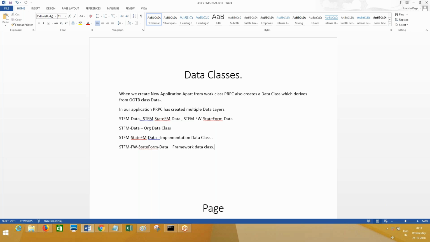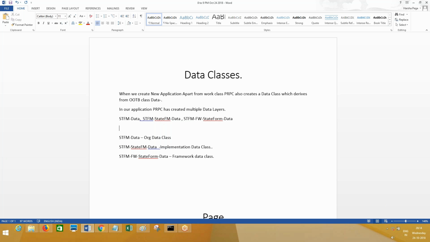There are many other classes. That will be identified by, suppose you are creating a rule in the organization class, what does that mean? You are using that rule everywhere in your application. If you are creating a rule in the framework, that means you are going to reuse that rule throughout multiple implementations of the specific framework. If you are creating a rule only in implementation, it means that is specific to that particular implementation. You will not share it with other implementations. The same is applicable for data layers also.